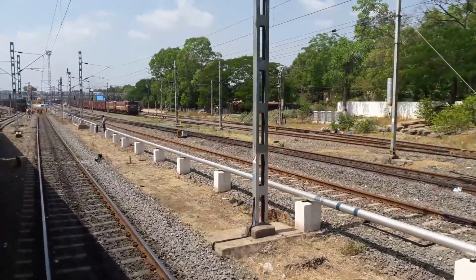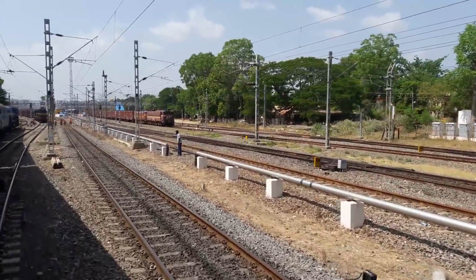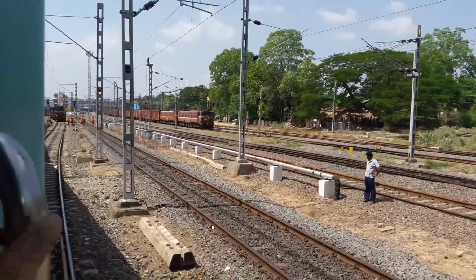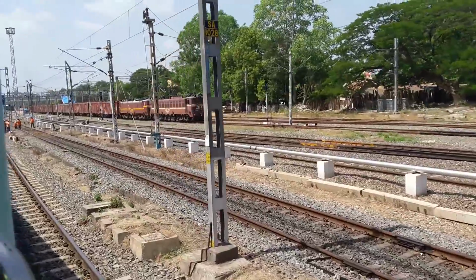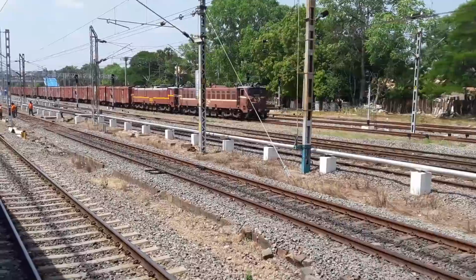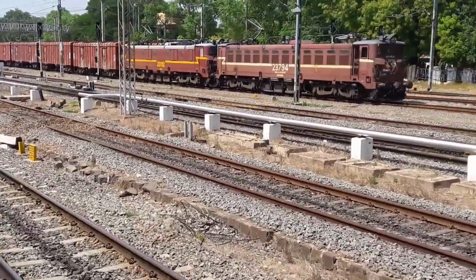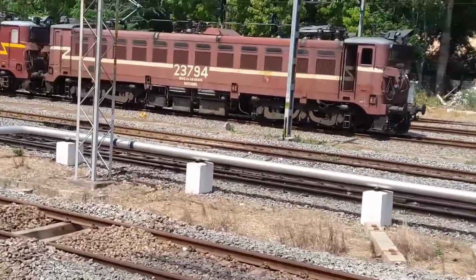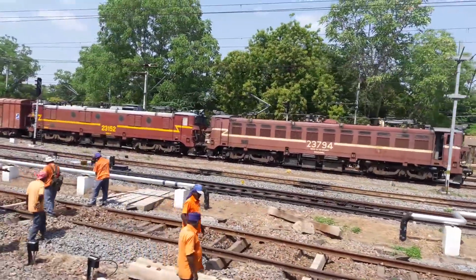We are now approaching Salem Junction. Salem Junction is one of the main junctions on the Chennai Central Ernakulam route, and Salem is home to the Salem Steel Plant, and so you see a lot of freight activities. Here you see a twin WAG5 linked freight train,